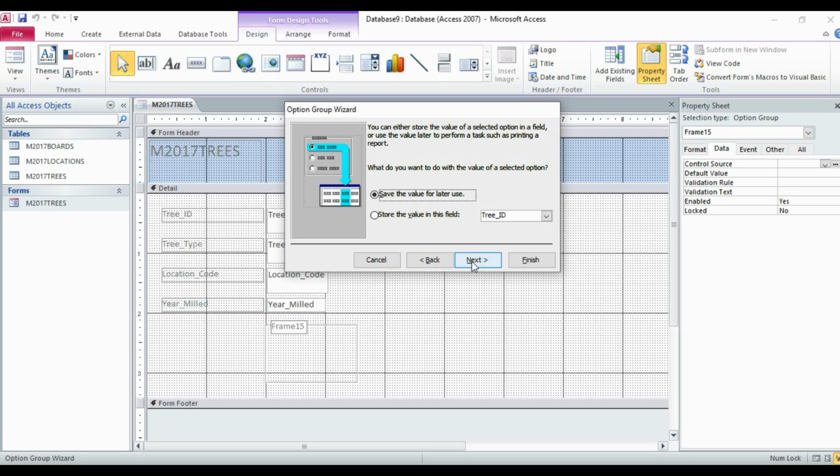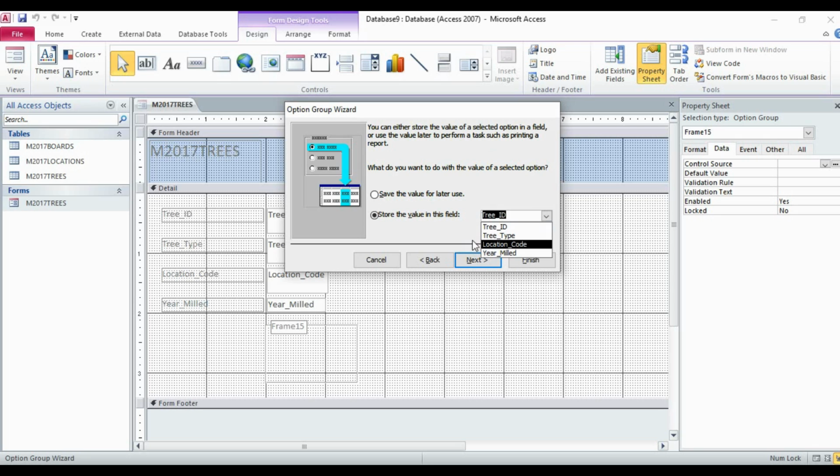Now it is a very important step. Generally students make mistakes here. In this you have to choose the field in which you want to store the value. Now these values should be stored in which field? If we see these fields, which are as per the table, they are not as per the requirement of this form.